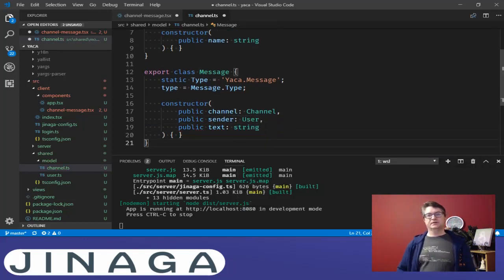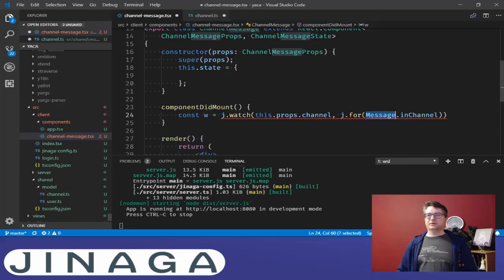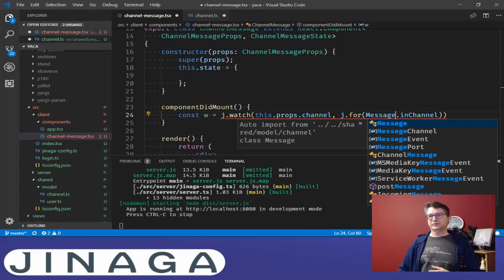I'm just putting that in front of text because by convention, I like to put all of the predecessors before the values. And both channel and sender are predecessors of a message. The message must be in the channel, so the channel must exist first. And the user must have signed up for the service before sending messages. So both of those are predecessors. And then I want to be able to say, first of all, control space, auto import from the shared model channel,